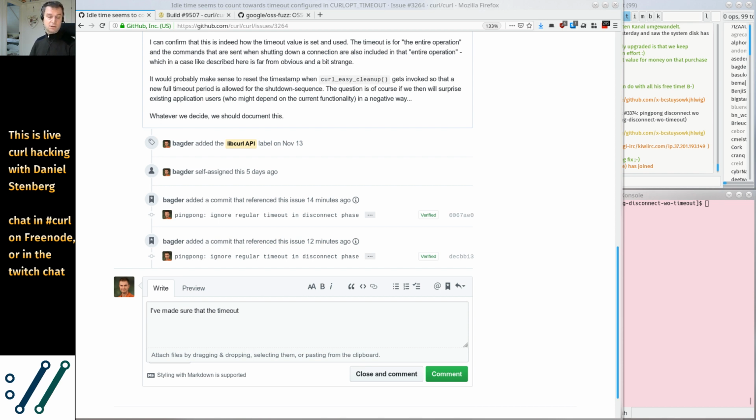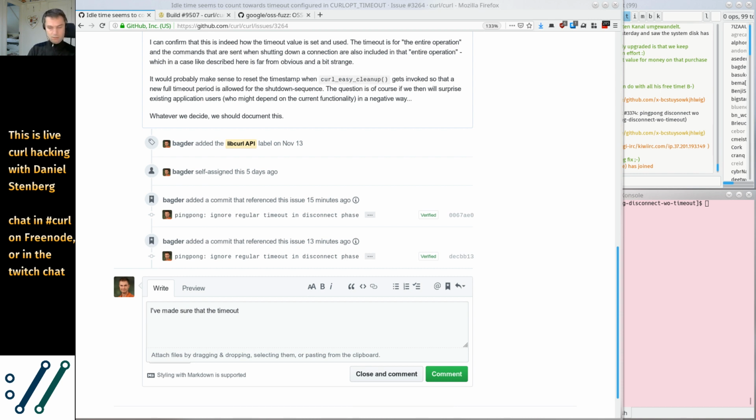They actually started fuzzing curl by themselves and have reported bugs. And then Max Diamond in the curl project actually spent time, and he got a reward from Google for that too, and